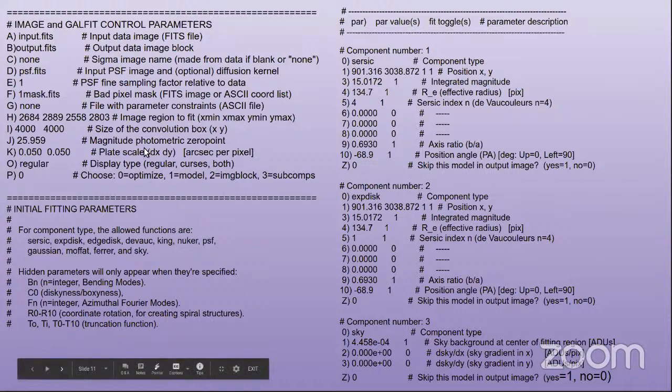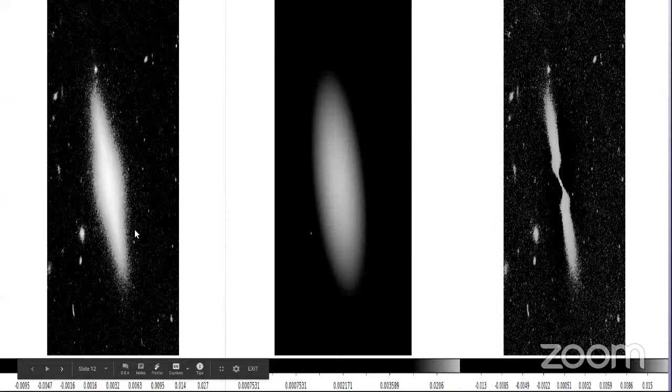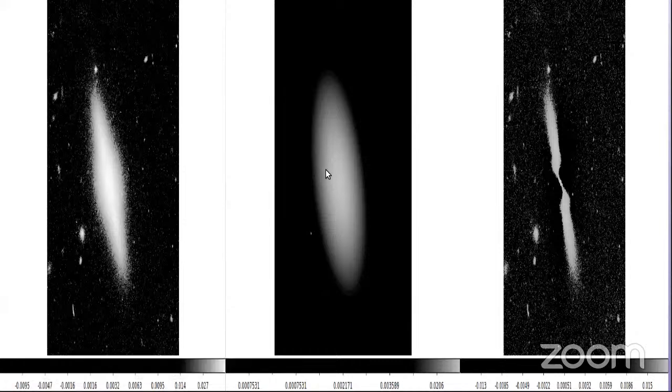So this is one of the images. This is the image, and this is the model which Galfit has fitted. It is not necessarily that we will get a good fit in one go. So in that case, when we run Galfit, it will generate a file called galfit.01 with the